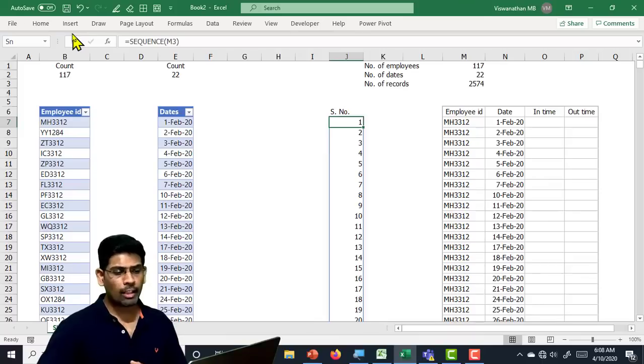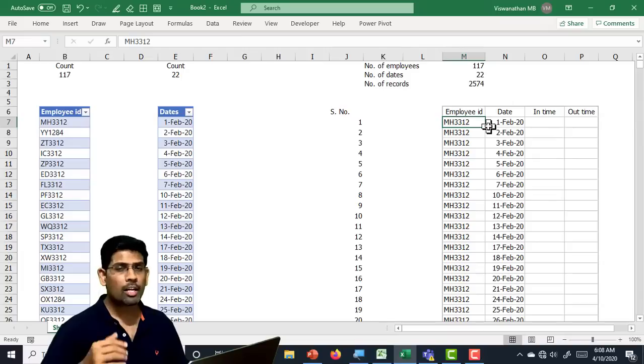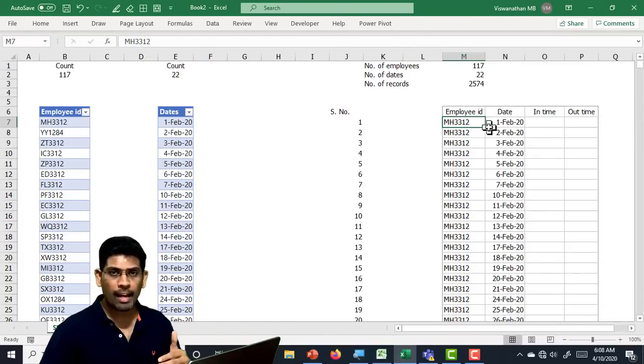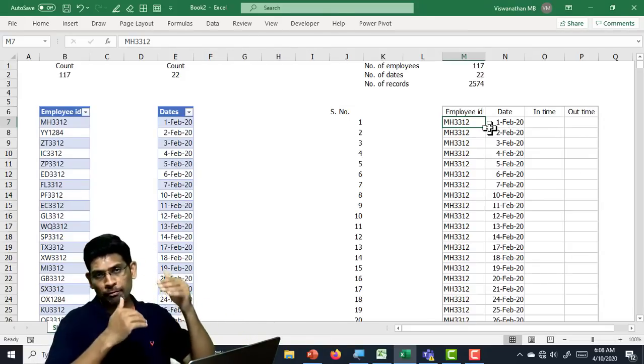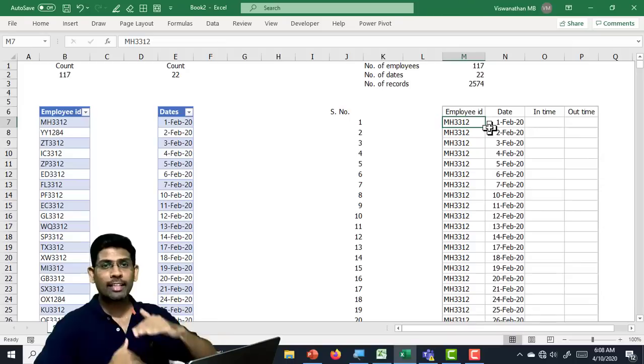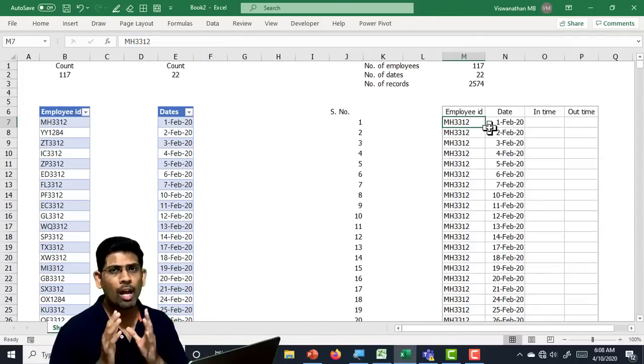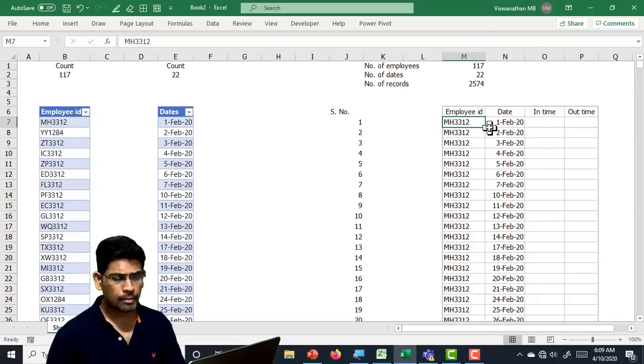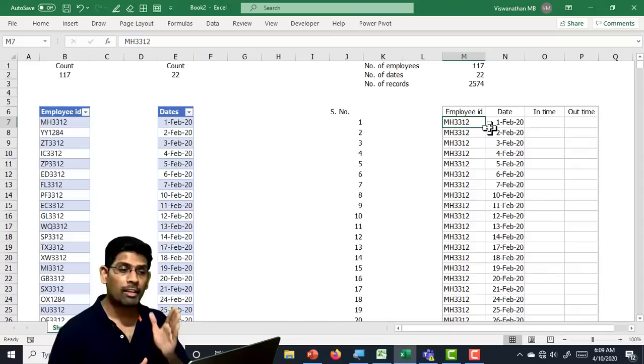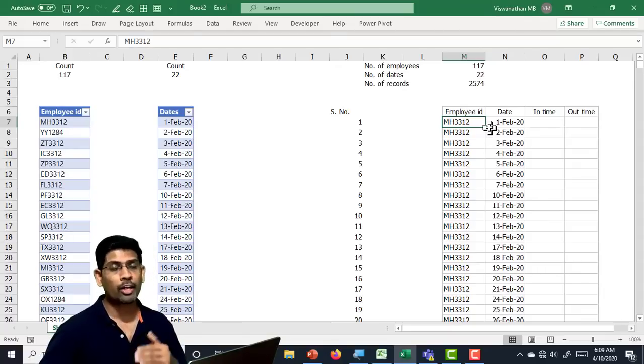Now let's look at the logic and then we'll work backward to get to the end result. How do I get an employee name to come exactly 22 times, and from the 23rd serial number onwards, I want the second employee name to come? For the first 22, I want the first employee. For the second 22, I want the second employee. For the third 22, I want the third employee, and so on. How do we achieve this? One way is to divide our serial number by 22 and round it up. That would be very useful for us.